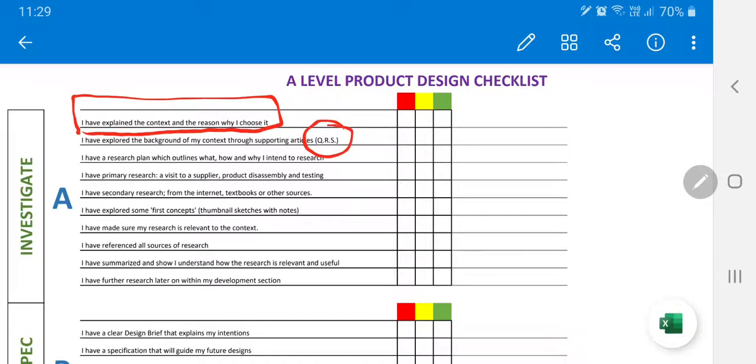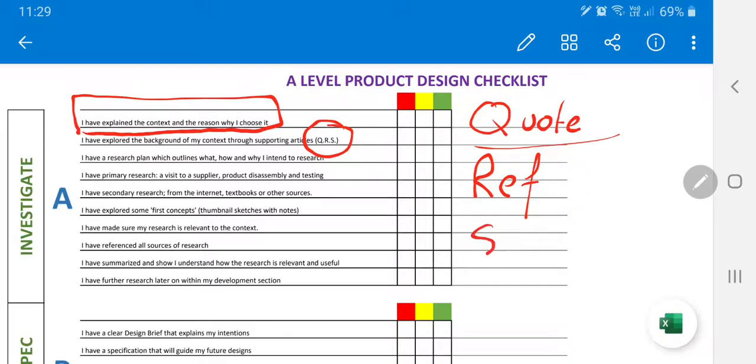QRS, by the way, if you haven't seen that before, stands for quote it. That means directly quote the website that you are looking at, so the actual web address. The R stands for reference, so you reference the actual web address. If it's 50 characters long, you just need the first little bit. And then the S stands for summarize, or summary, and that means you write it in your own words, and that's kind of like the most important thing of that section. Okay,